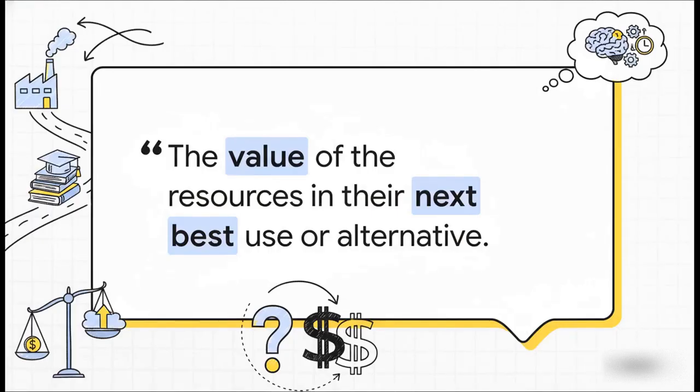And this gets to the absolute soul of economic thinking. Every single choice you make, from starting a business to just spending an hour watching this explainer, comes with a hidden price tag, the value of the next best thing you could have been doing instead. That's opportunity cost, and I'm telling you, once you start seeing it, you see the entire world differently.